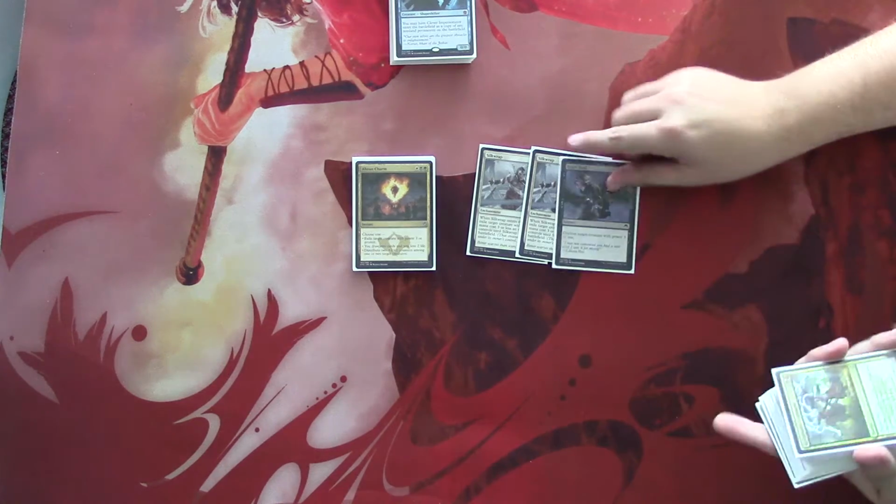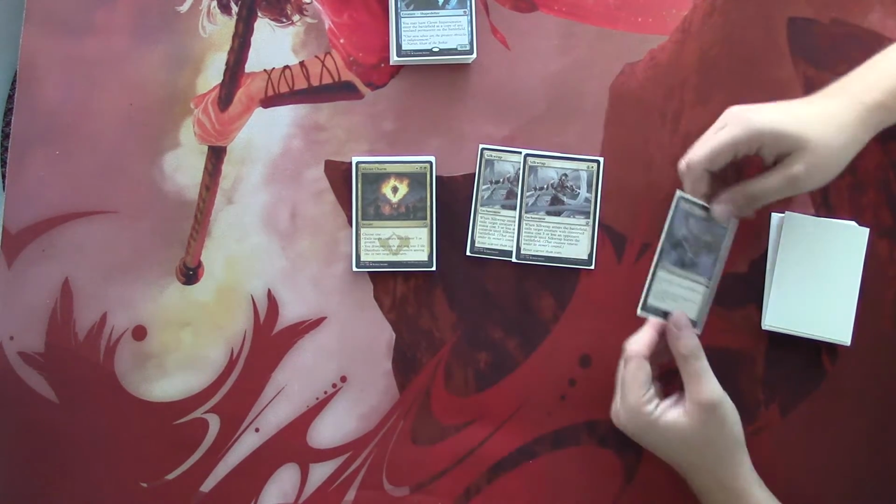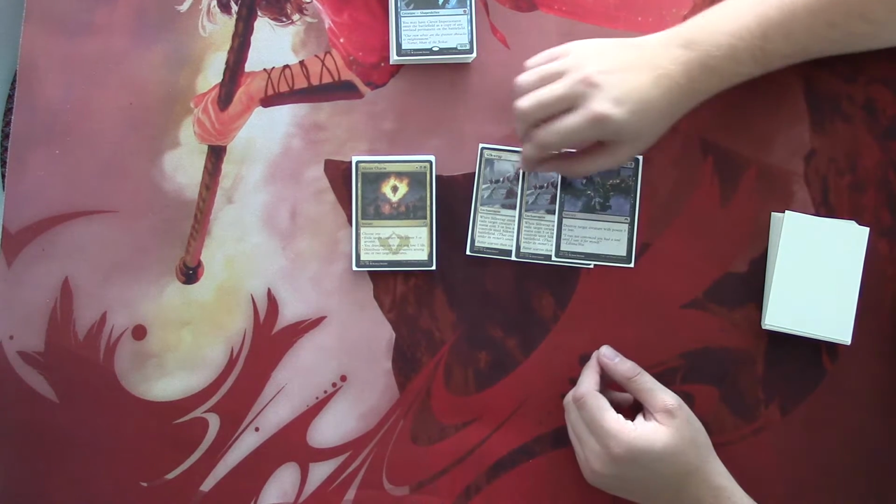We do play a copy of Reave Soul for that purpose, since Jace can get it back, Den Protector can get it back. Silkwraths are going to sit and play. The downside is also that this is susceptible to